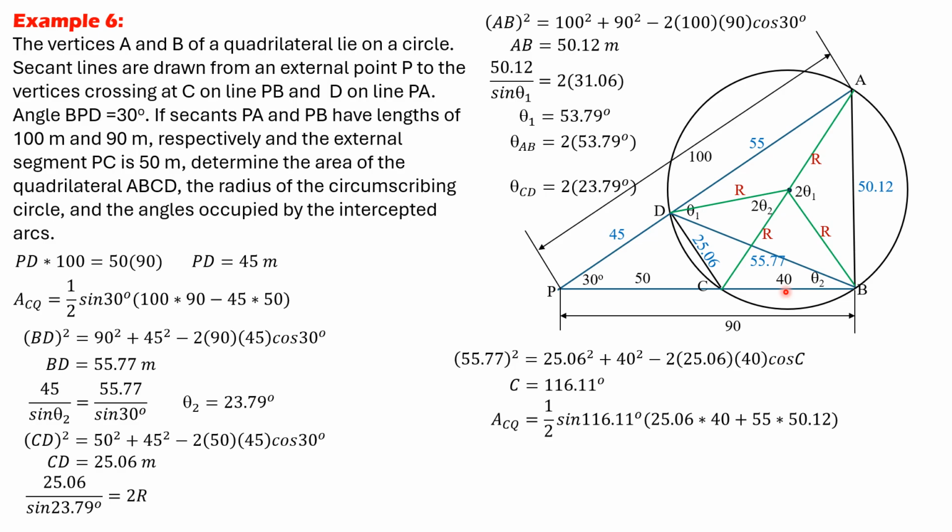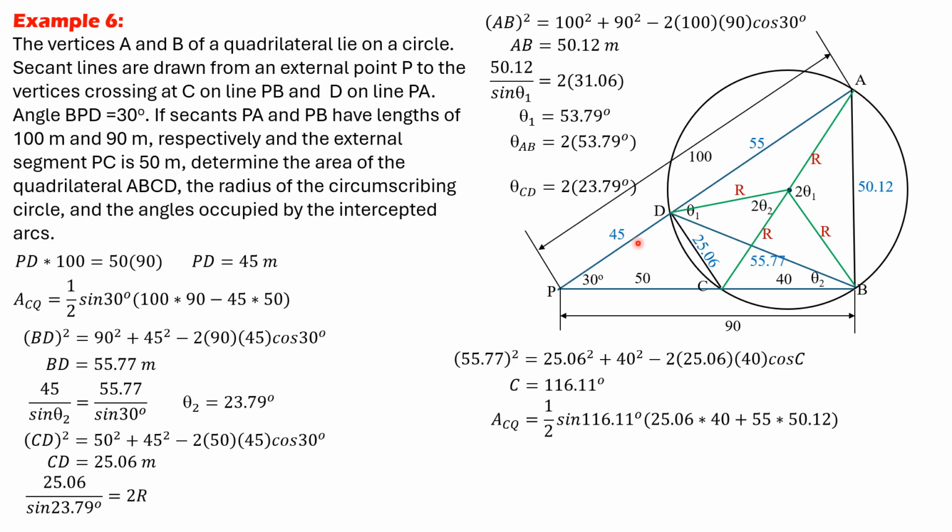So by analysis, the area of quadrilateral ABCD, which is a cyclic quadrilateral, is simply the area of this triangle PAB, and we subtract the area of triangle PCD, then what remains would be this quadrilateral. Then area is 1/2 product of adjacent sides times sine of included angle. So we first apply the law of secants to solve for the length of PD.